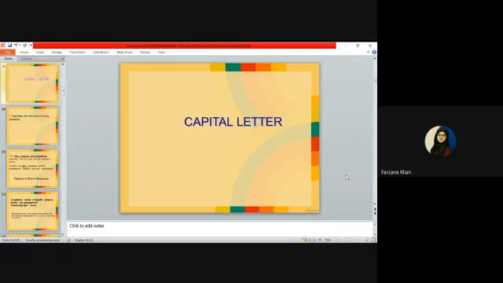So the second punctuation mark is basically the capital letters. What is a capital letter? You are all pretty clear about the capital letter. Here all the letters in this heading are capitalized. So how to capitalize, which words, and whether to capitalize certain words in sentences or not. These are basically important capital rules which you need to understand very well for making your writing clear and effective for your audience and your readers.